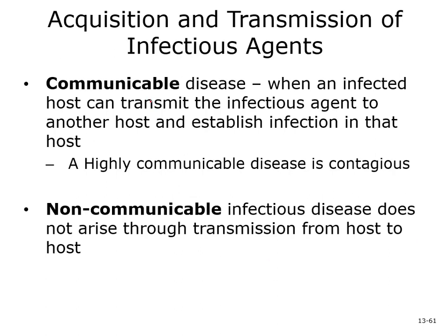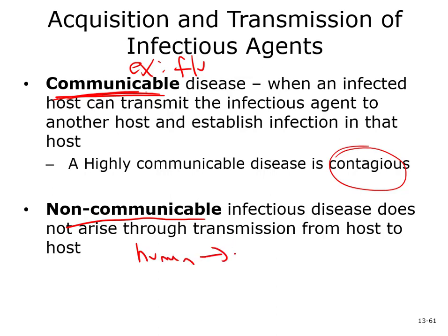Now, these two terms you've probably seen before. A communicable disease is obviously one that can spread person to person. It's contagious among people. Most pathogenic diseases that we think about are communicable. So, for example, the flu, the coronavirus, strep throat, things like that. Non-communicable diseases cannot spread from human to human. So they're not what we would call contagious. So, for example, obviously things like cancer, heart disease, autoimmune disorders, you can't spread those person to person.